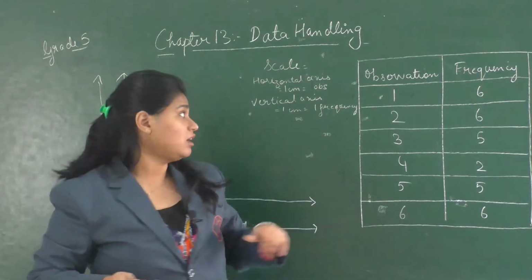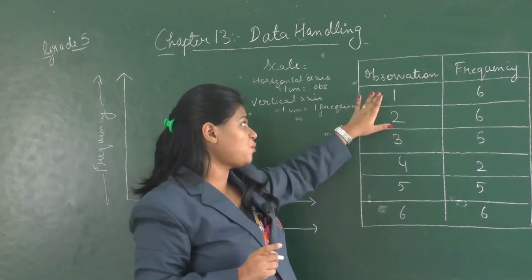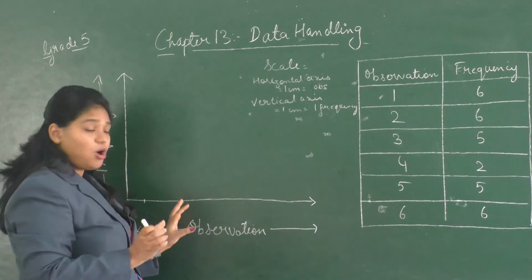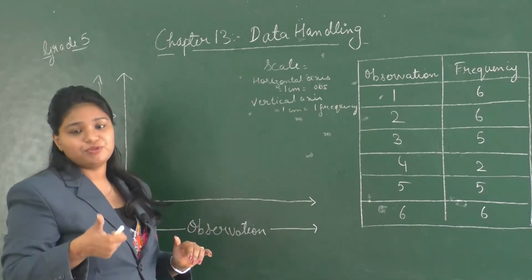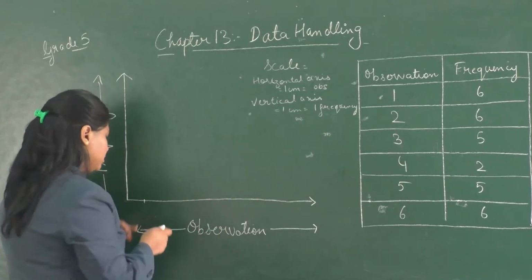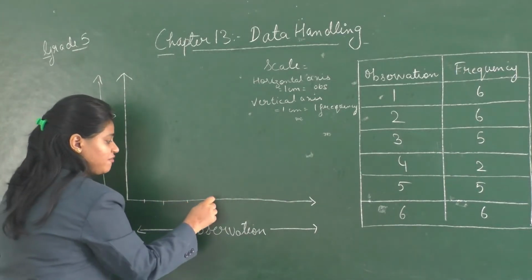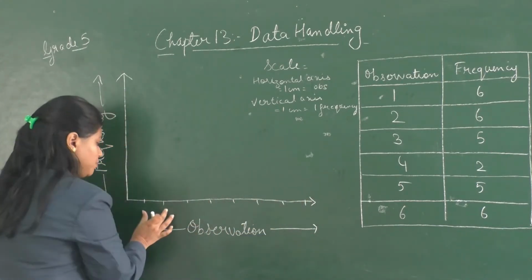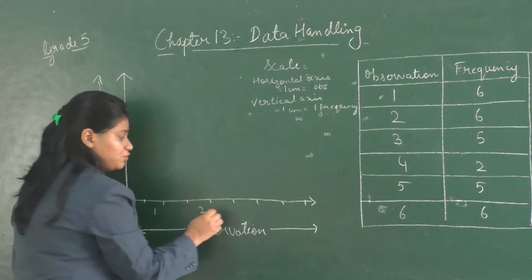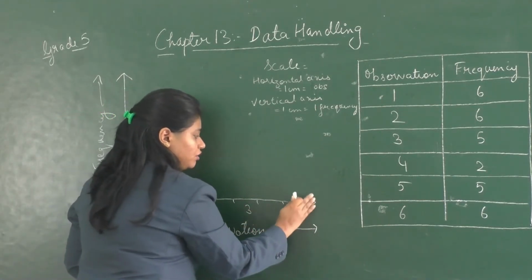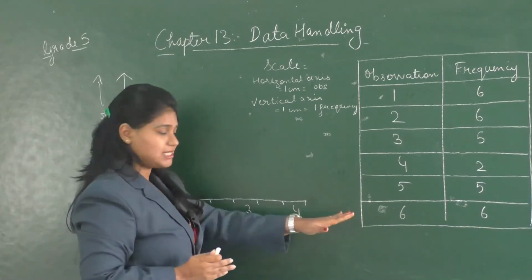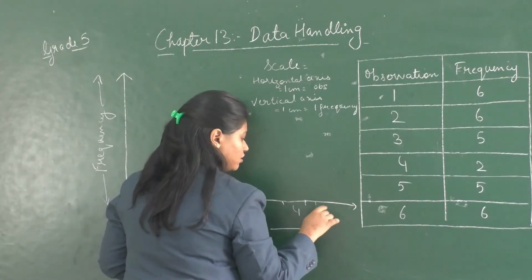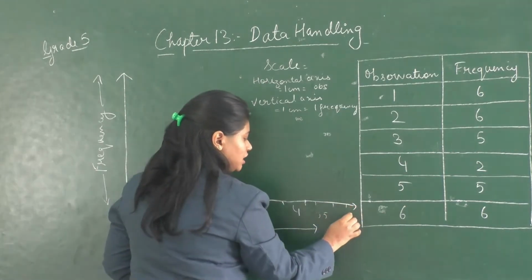Now let's place the data. First, under observation we have the numbers from 1 to 6. So here first I will mark the blocks with the distance of 1 centimeter. You can use your ruler and mark the distance of 1 centimeter. So this is 1, like this I have marked with the distance of 1 centimeter. Now let's mark the blocks. So this is for 1, this is for 2, 3, 4. Since the line is short, you can extend it. This is for 5 and further for 6.